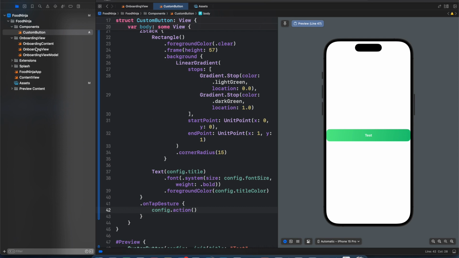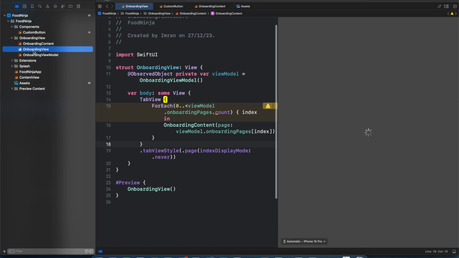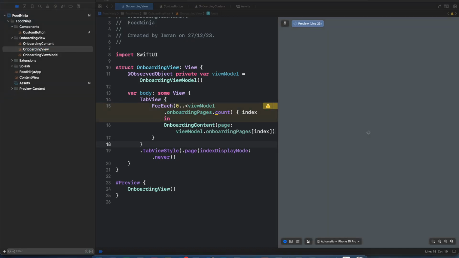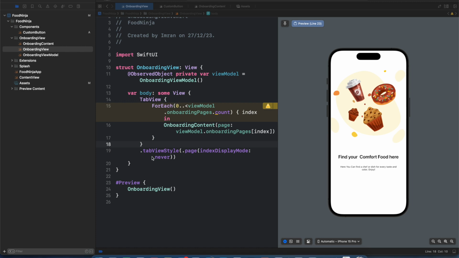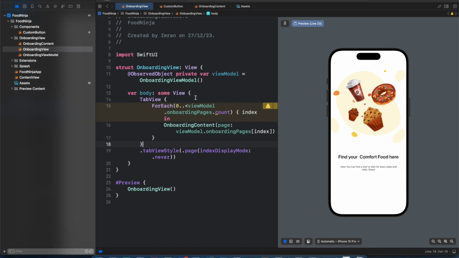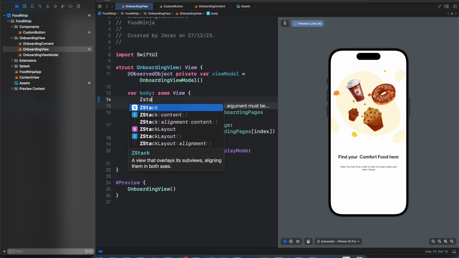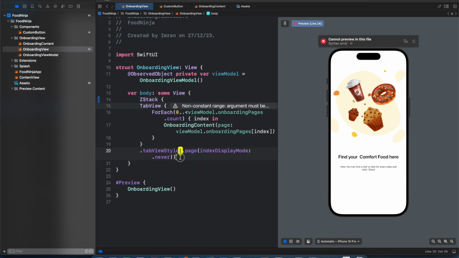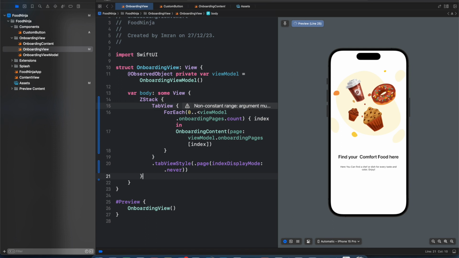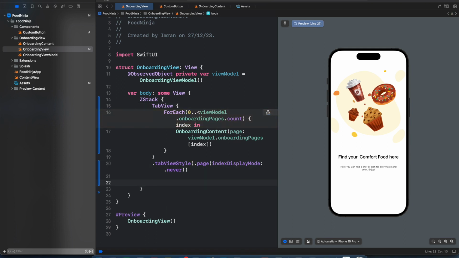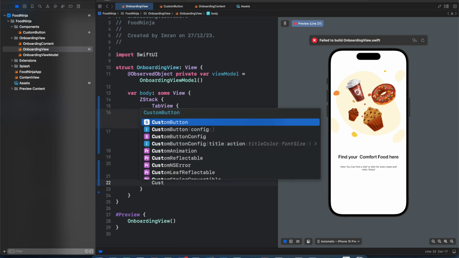So let's add it on our content view. So this is our screen. So to add this, we need ZStack, something like this. Then we will use our custom button